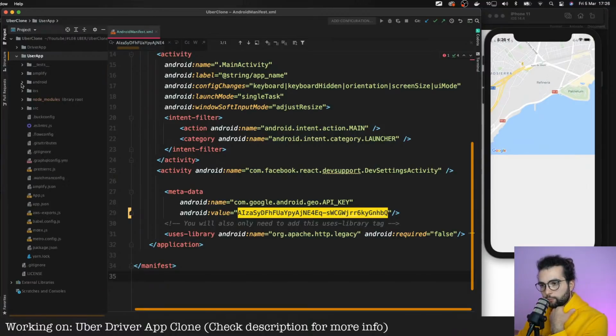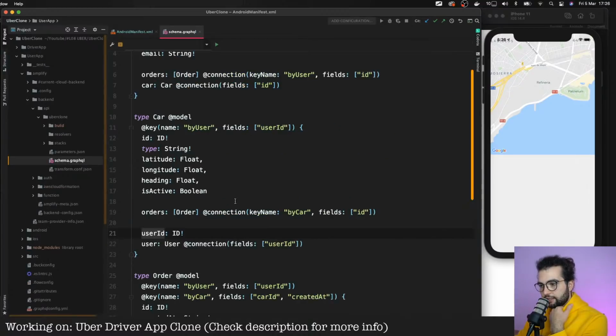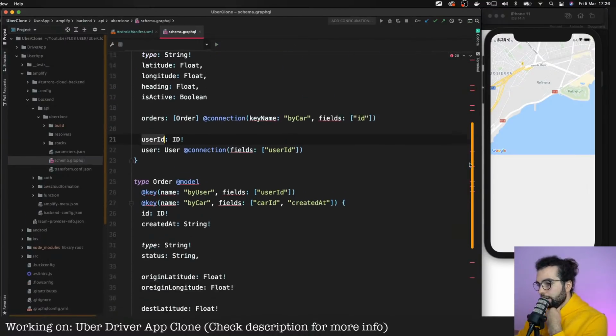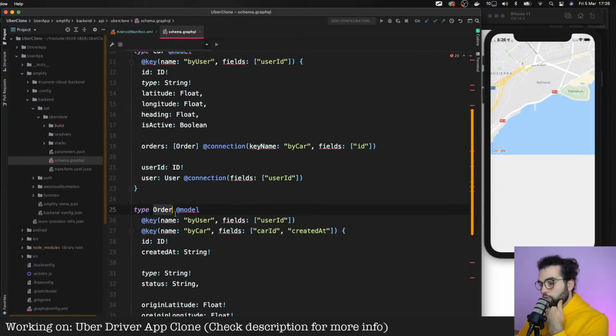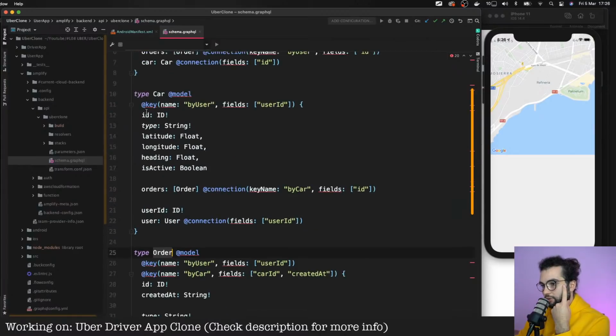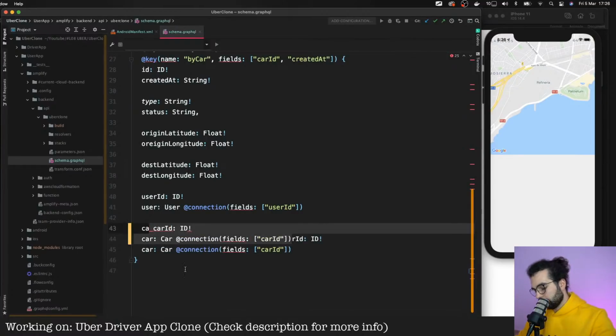But first of all, let's open our Amplify backend API schema. And we will need a subscription to the order updates, and also a subscription to the car updates. From the order we will be able to see if we get a new car ID.